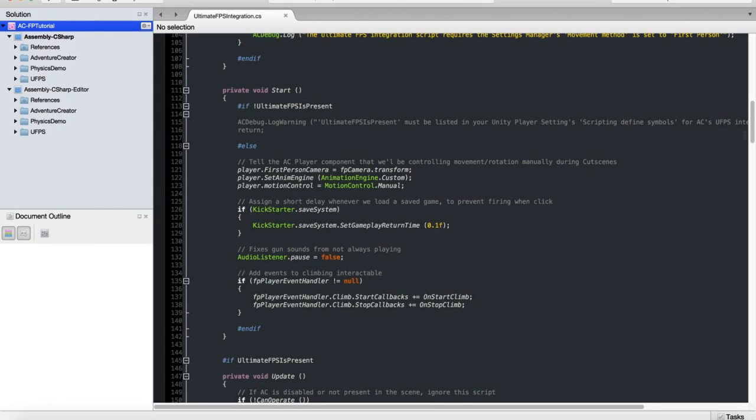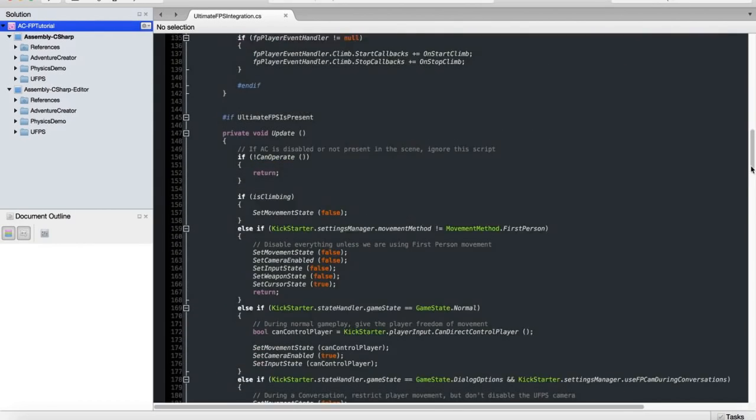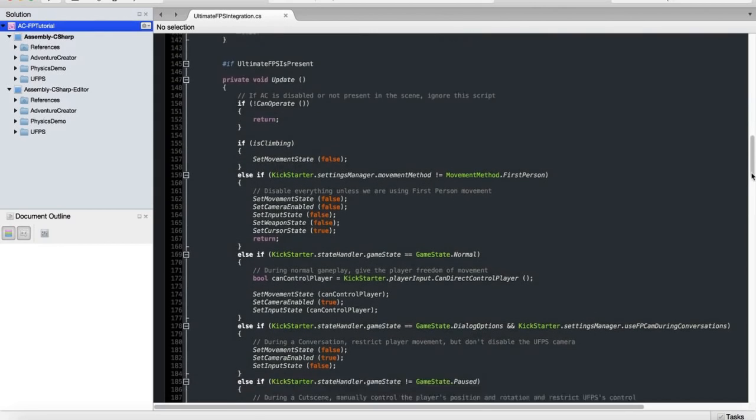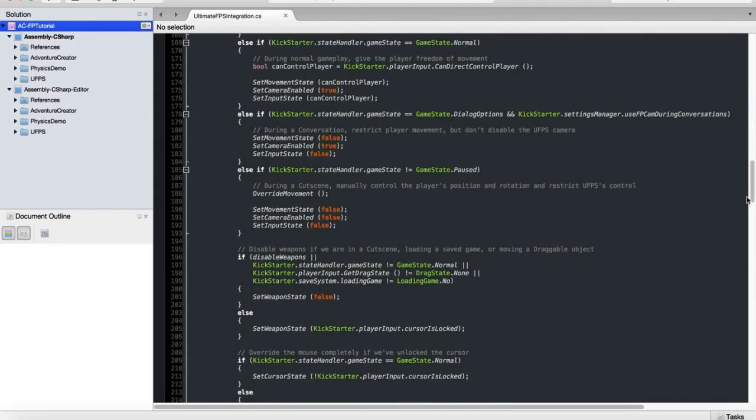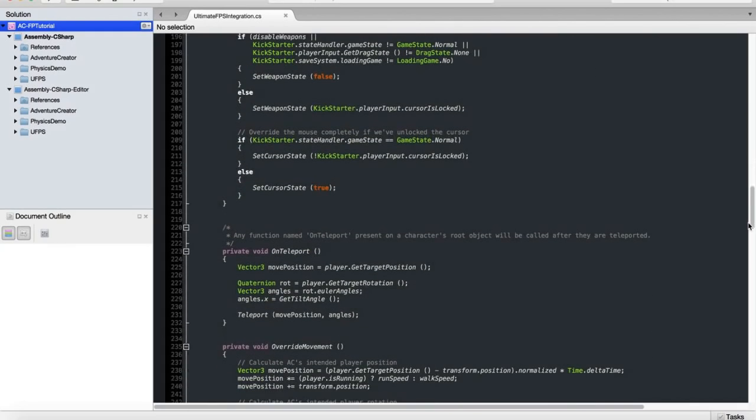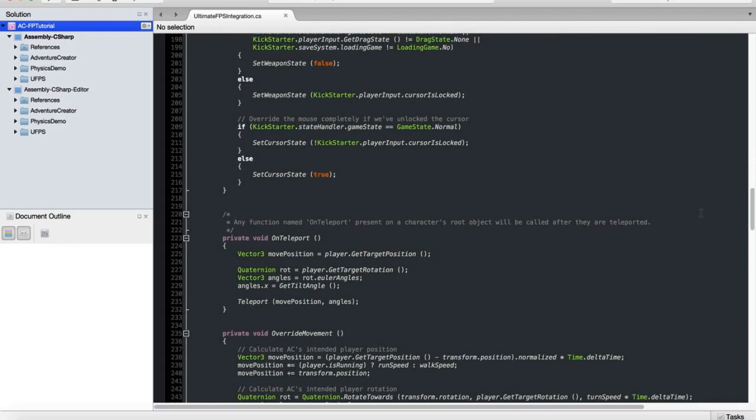So the idea behind this script is that it provides a very stable, basic integration between the two. And if you wanted to do more things, or if you wanted to do things slightly differently, then you can just duplicate the script and make the tweaks as necessary. And you can also use this as a basis for integration with your own FPS script or another FPS asset out there.